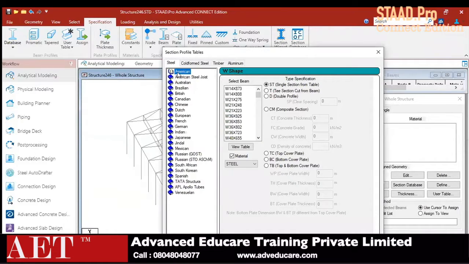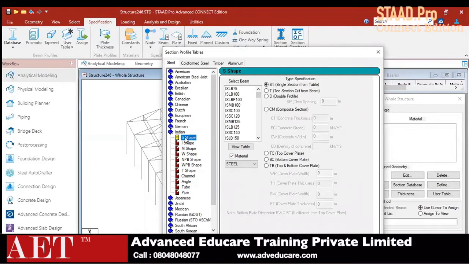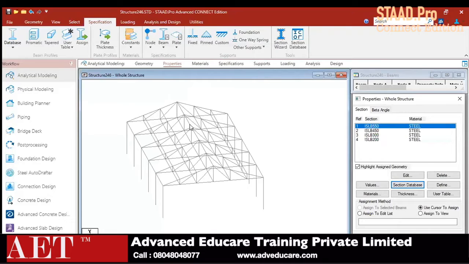Now I have to select the Indian sections. In the Indian sections, I am going to use the particular S shape, and from here we can select the S shape size. I select the ISLB 550, and again I select a second section, ISLB 450, and a third section, ISLB 300, and next I am selecting ISLB 200. So these are all the four cross sections I have